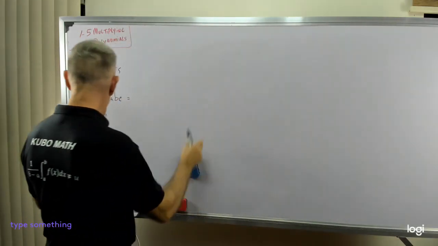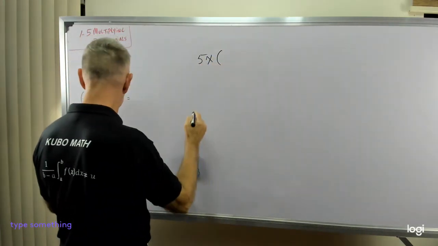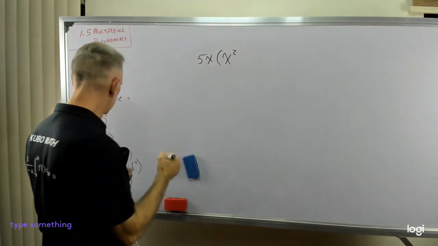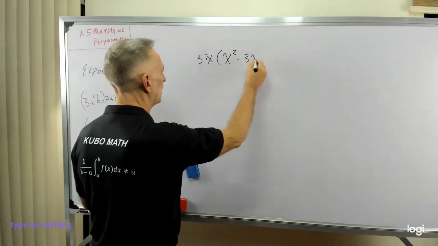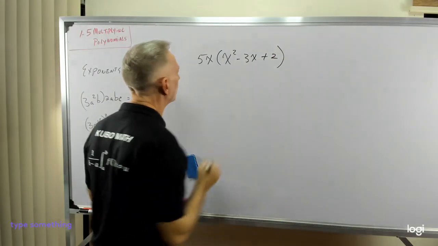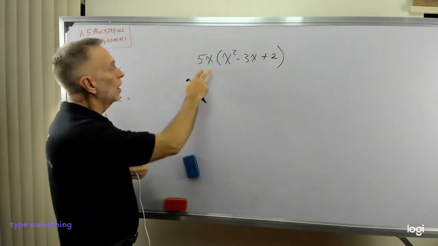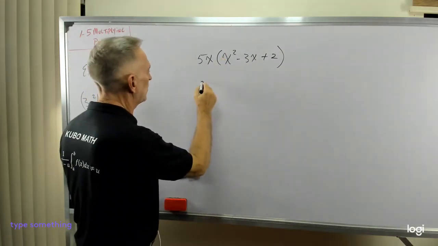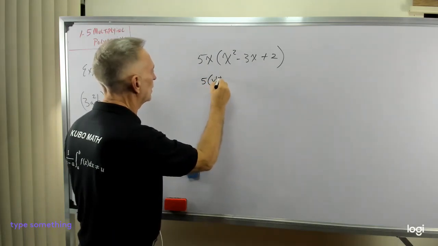Okay, so now another one that's a little bit more complex, but it's still a distributive property. So 5x times the parentheses of x squared, or x to the second power, minus 3x plus 2. So now I'm going to distribute my 5x onto each term. So 5x times x to the second power, so it's 5 times x to the 1 plus 2